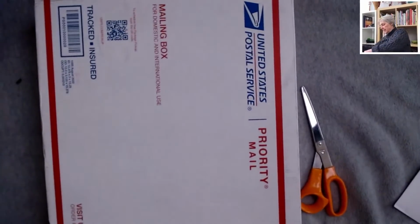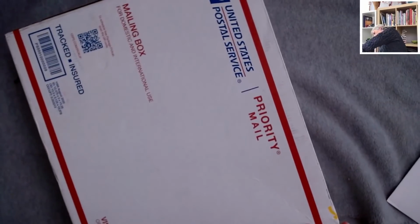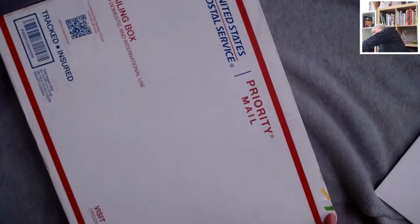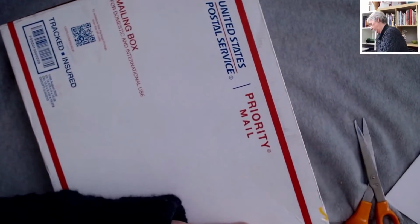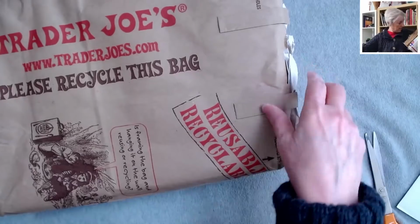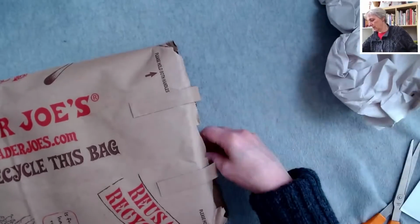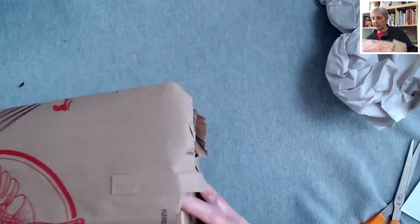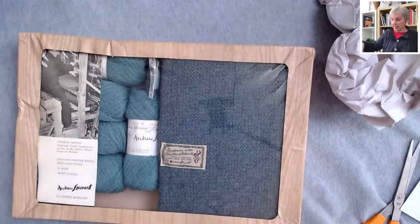Boy, they sealed this thing in here. Jeez. I thought this was going to be easier for this one to open. All right. All right, I can feel the plastic on the top here. Okay, so this is